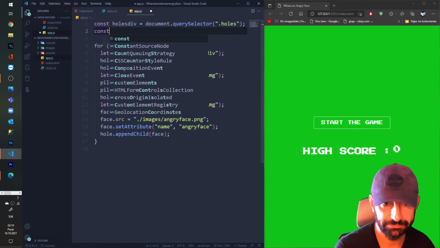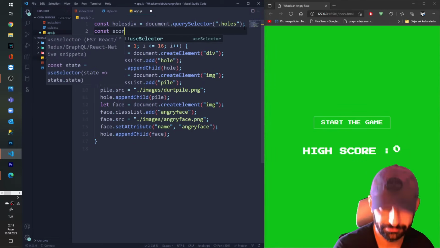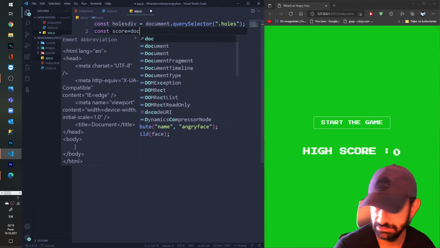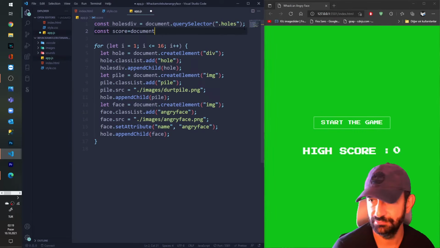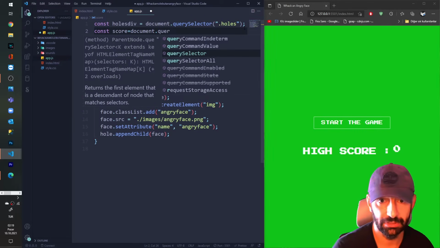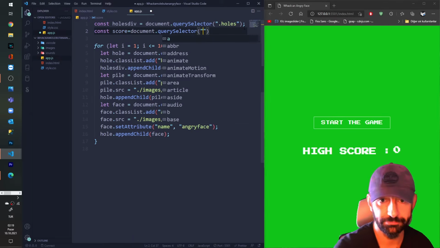I say const score equals document dot query selector. I say score.